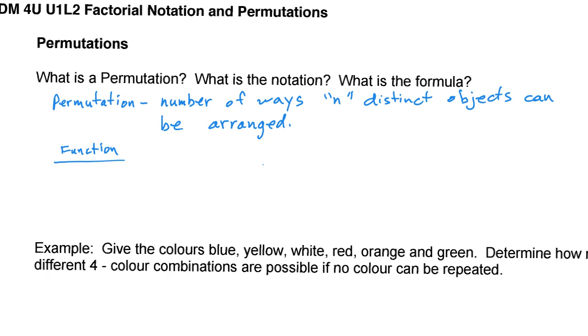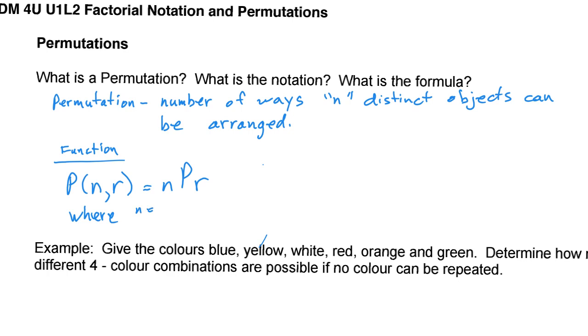So in math, when you're writing the concept of a permutation, you're going to write it like this: P of n, r. You'll see that on your calculator, or you'll see something that looks like this: nPr, really meaning n permuted r times,